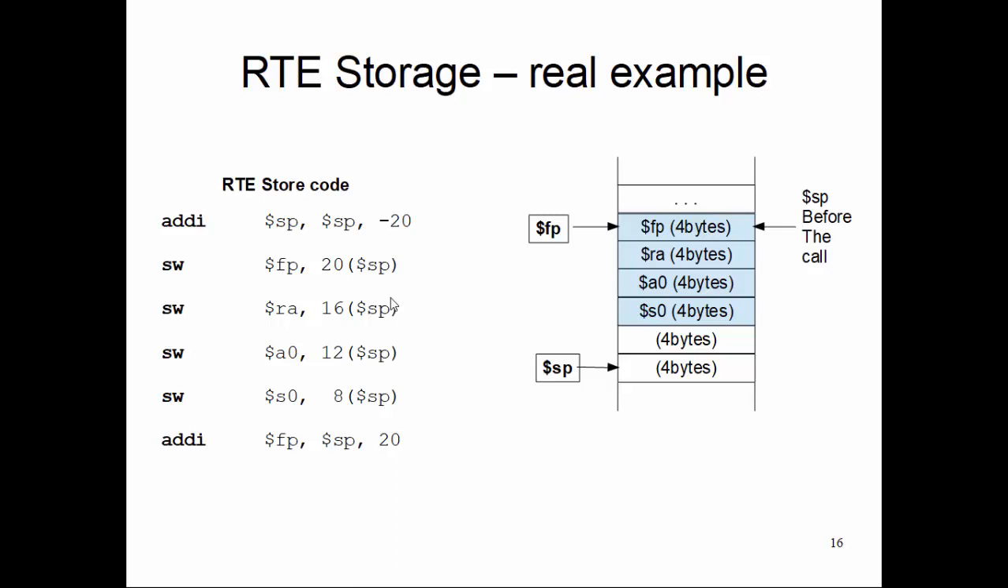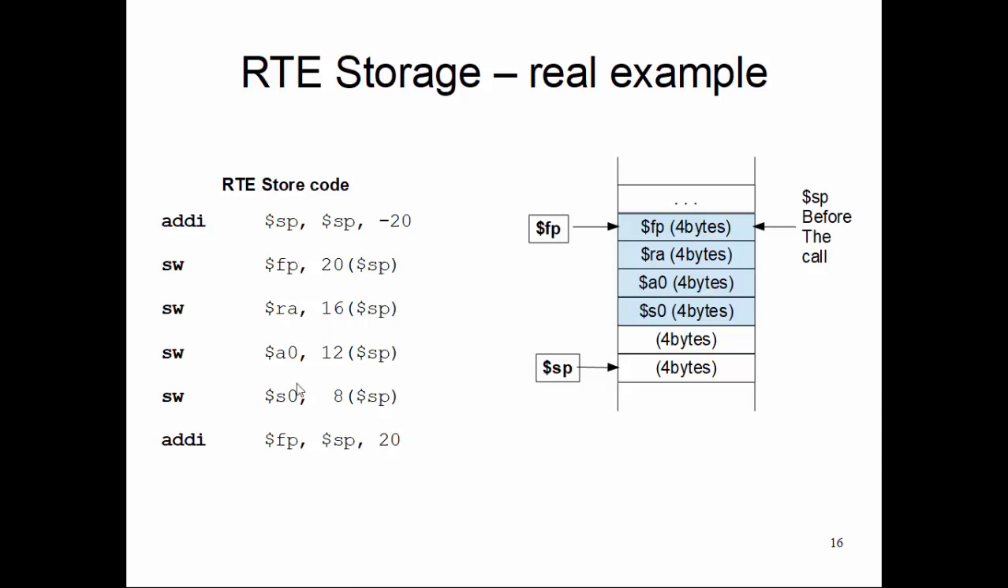And then you store these 4 registers, FP, RA, A0, S0, and then you set the frame pointer at the beginning of the frame by adding 20 to the current value of the stack pointer. So this is your runtime environment storing code. First, we move down the stack pointer by the required amount, and then we keep on storing those registers to be saved in the frame using the stack pointer as my base register, with offsets with respect to that base register, and then at the end we